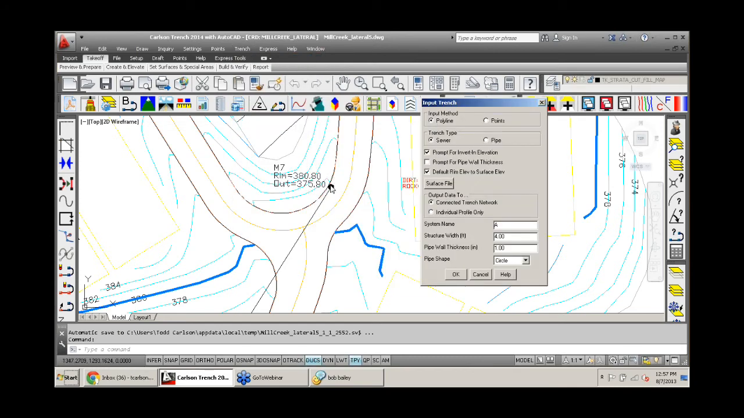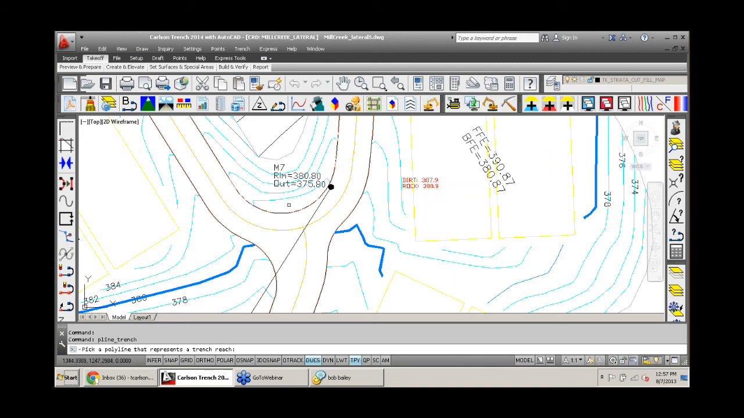Okay, so I have a polyline that represents where my trench run is. If I had just points, I could pick points. I'm going to say OK to the rest of the defaults. Actually, I'm given a rim elevation, so I'm not going to default to a surface. Just going to say OK. Okay, and then I pick on this line,